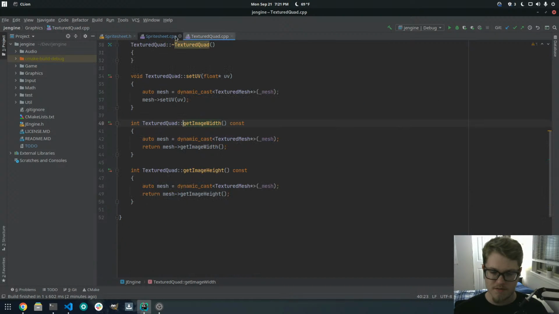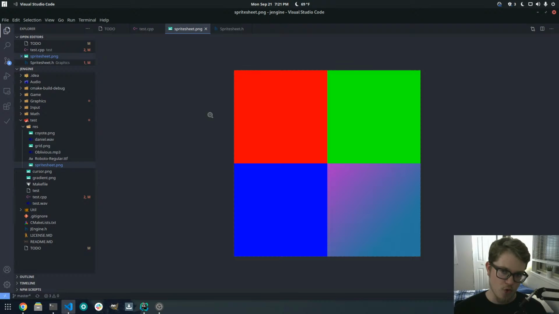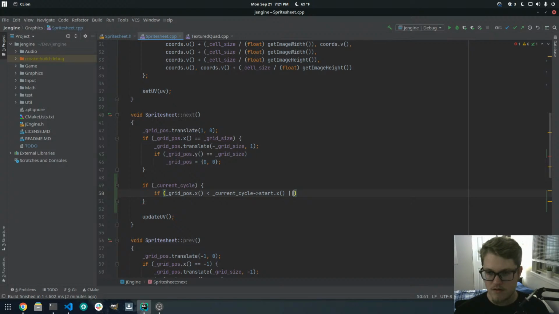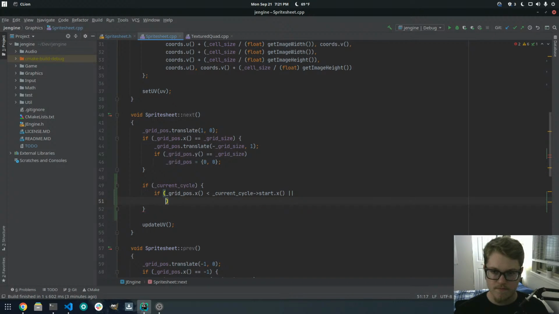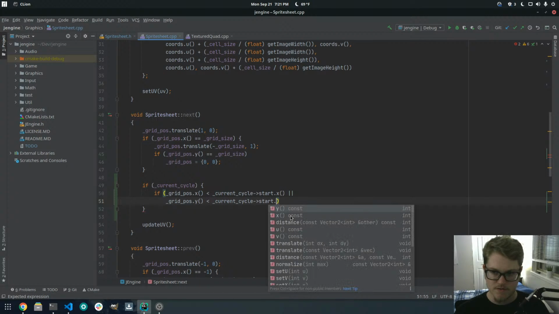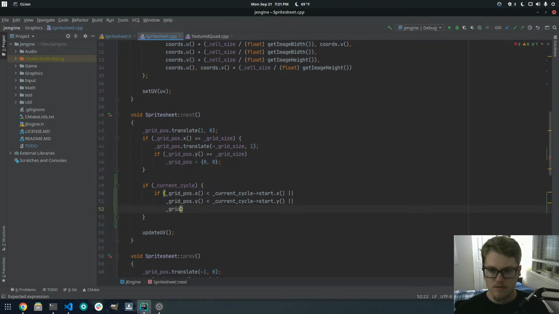So this would be something like, if there was more of this, and we only had these, but there was an extra column over here, but we only had these, I guess, let's say. We only have this in our cycle. If we're over here, then we're not in our cycle, right? So that's what that is. Or if our y is outside of our start's y, or if that's too big from our end's x,